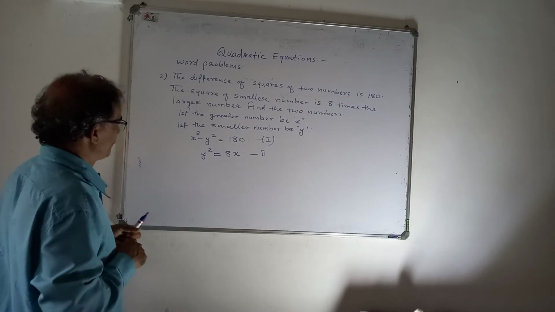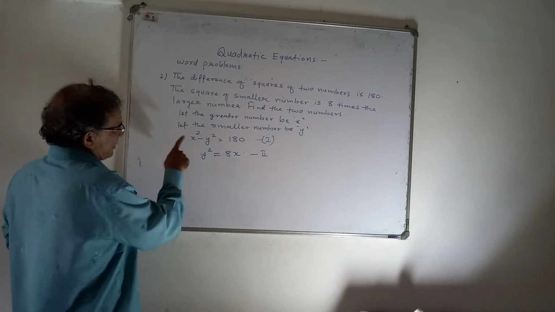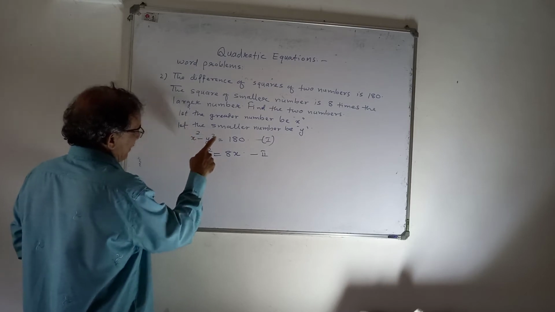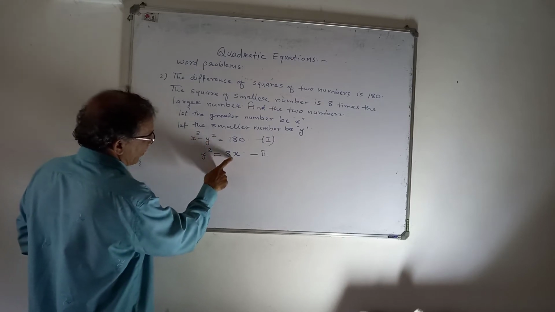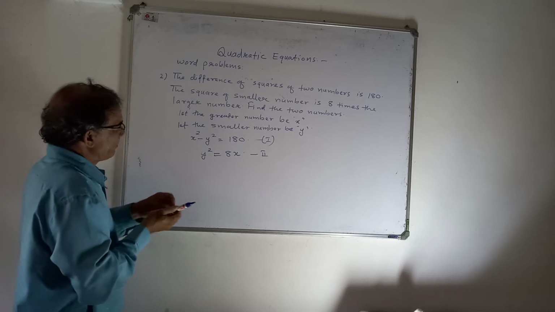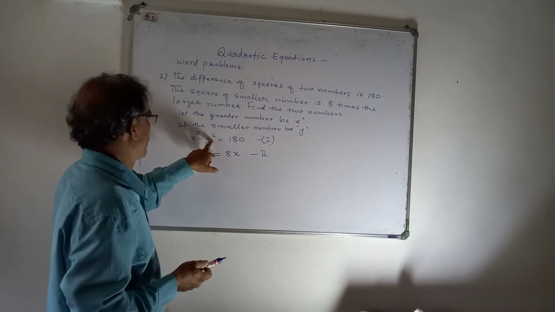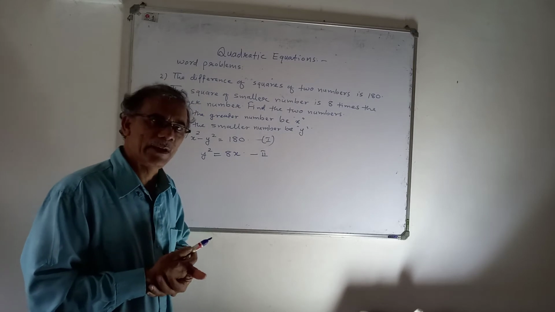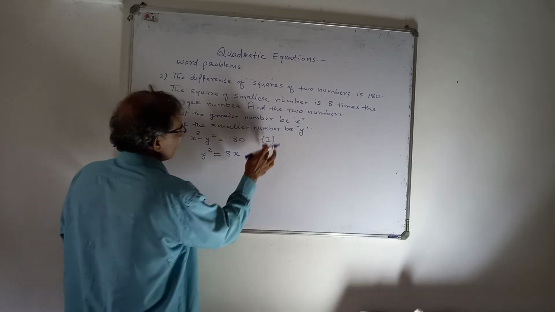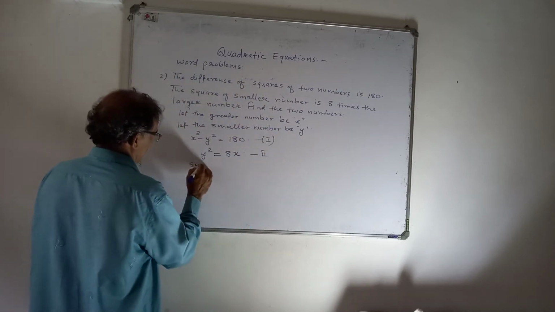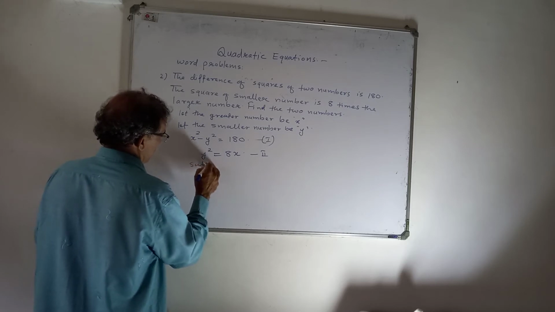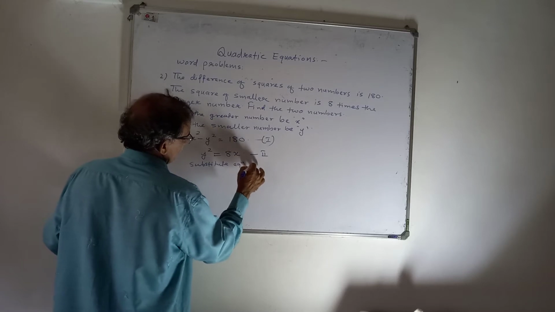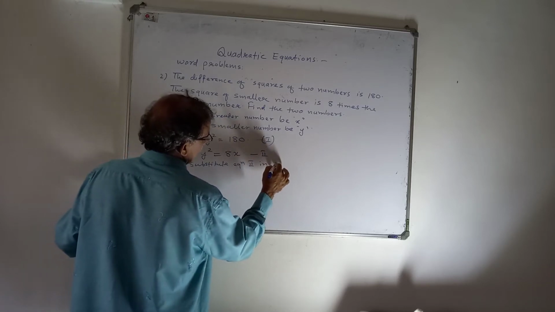Now see here. This is x square. And here y square is there. And y square is equal to what we have obtained? 8x. So if we substitute this 8x, then x square and x, it will be a quadratic equation now. So now let us substitute these two in equation 1. Substitute equation 2 in 1.